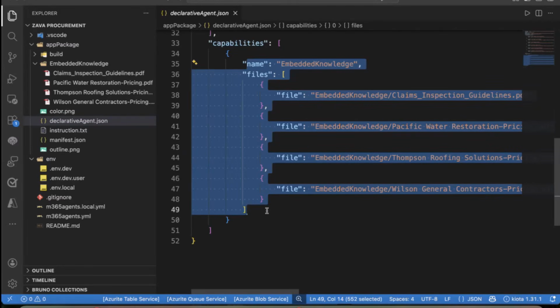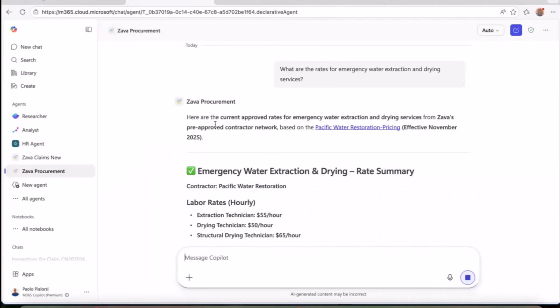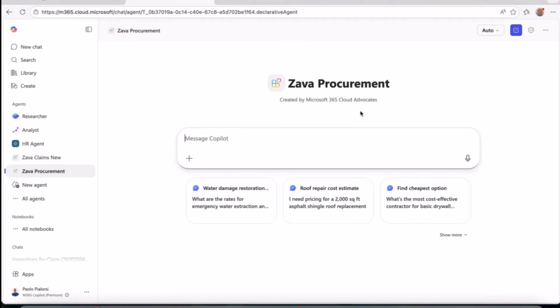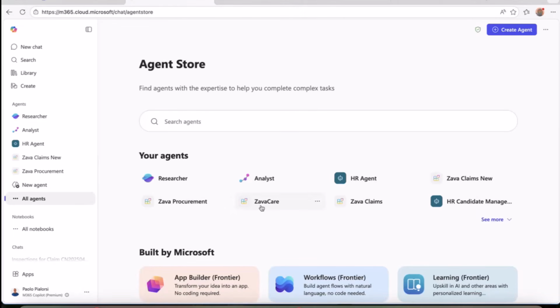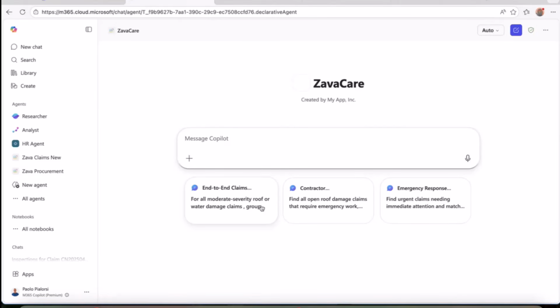Now, let's say that I want to have a richer experience for my end users. So when I'm in Microsoft 365 Copilot Chat, I want to actually rely on another orchestrator agent, which will simply allow the users to search and get the information they are looking for, no matter what. So this specific agent, which is called in my demo the Java Care agent, I simply want to provide a prompt, and based on the actual content of the prompt, the orchestrator will choose to use one or the other, or even both of the agents